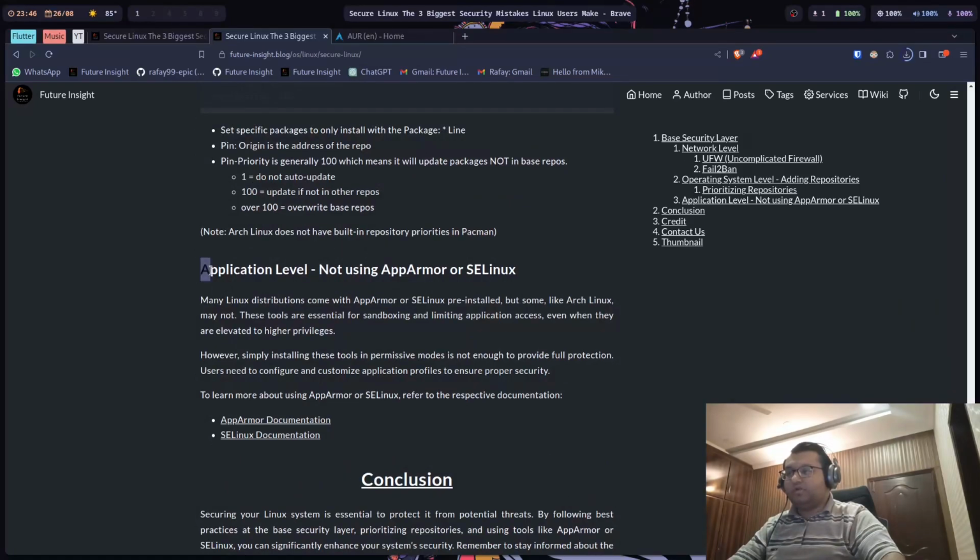Another way is the application level, which is one of the most important. I recommend that if you are a beginner, you should use Flatpaks or snaps, because they are installed using a container methodology. They are in a sandbox where all the dependencies and applications are installed, and they do not interact with other dependencies across the system.